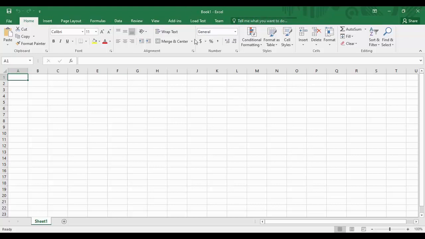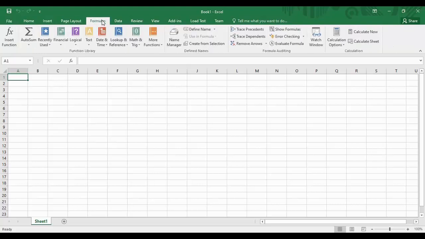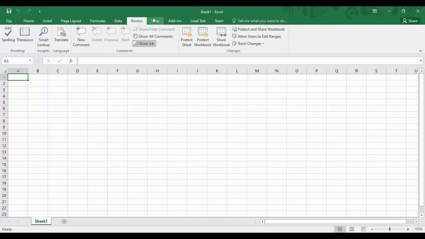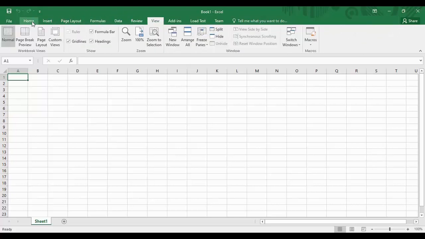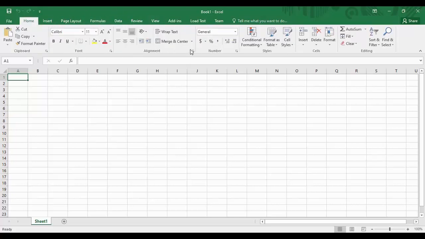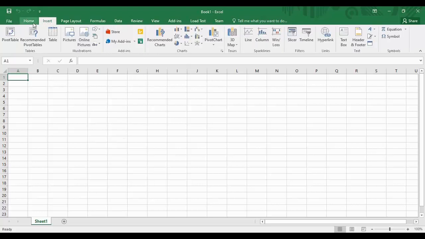Once you open Microsoft Excel, you will find this kind of screen in front of you, and it generally has different options like Home, Insert, Page Layout, Formulas, Data, Review, View, and so on. Whenever you click on these options, you can see that there is a ribbon that is changing its contents. These contents are with reference to these options, or the tabs, as you can say.